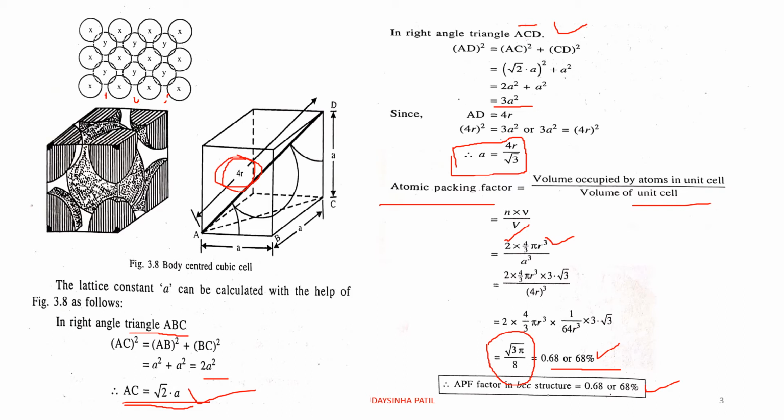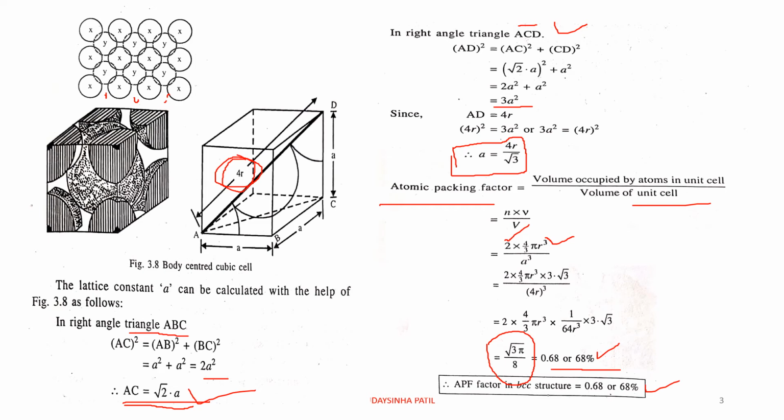That means 32% of space remains unoccupied in the body centered cube, which is in the form of voids, tetrahedral voids or octahedral voids. Therefore, not 100% of the space is occupied efficiently by the equidimensional spheres to form a BCC lattice. Only 68% of the space is utilized. Okay, this is about the packing density of the body centered cube lattice.